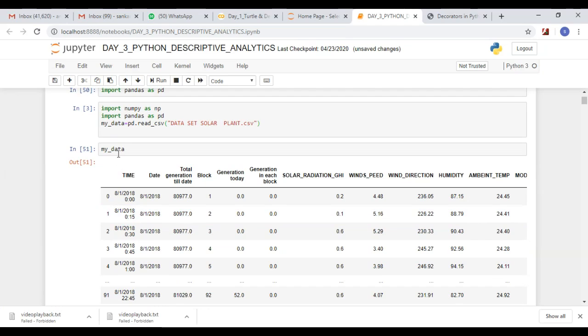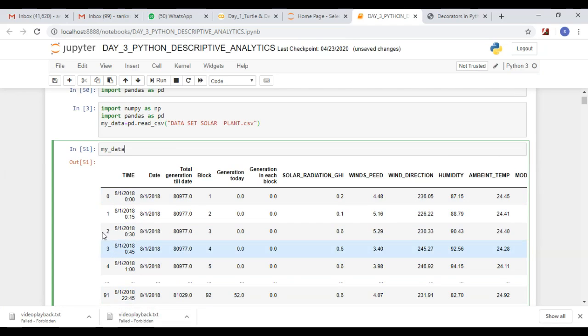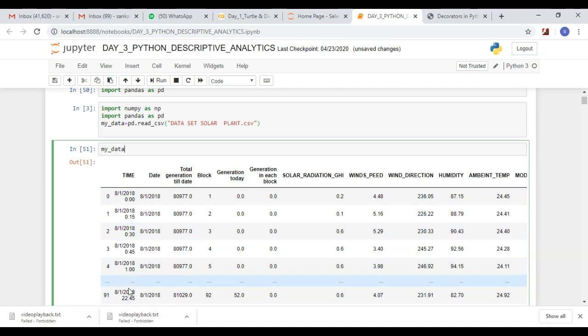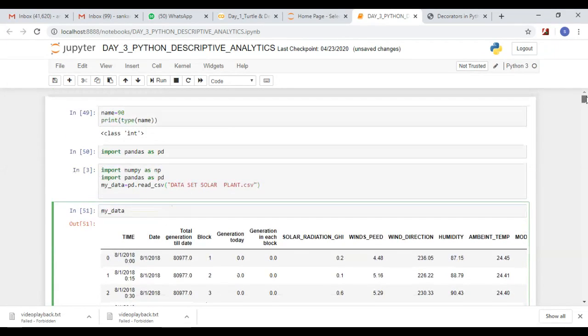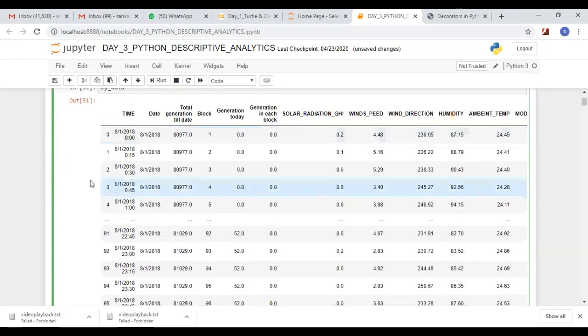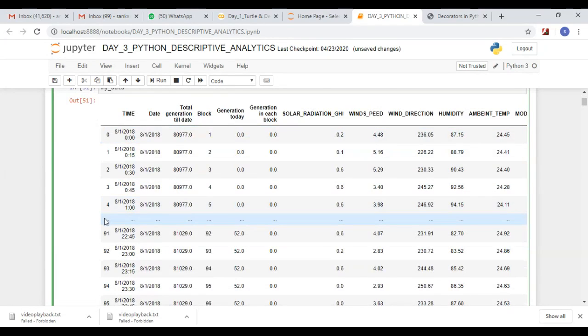see here, if I print, all the values will be printed from 0 like that. If I want to print the first 5 rows, then I have to give head of 5.